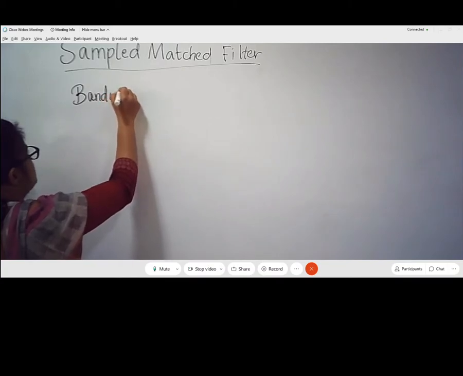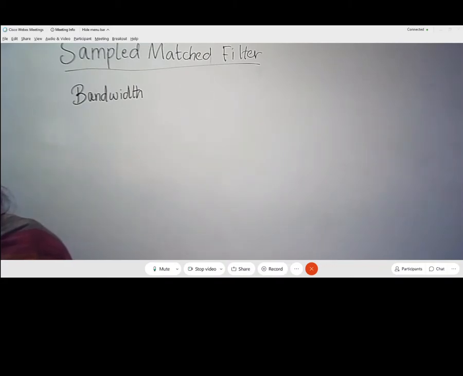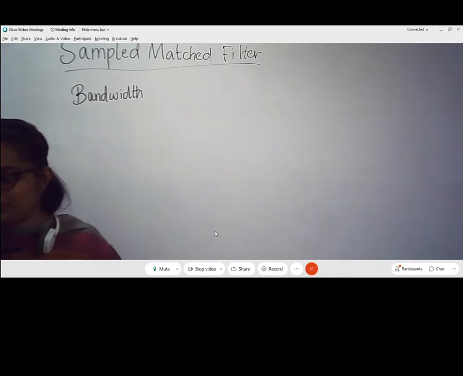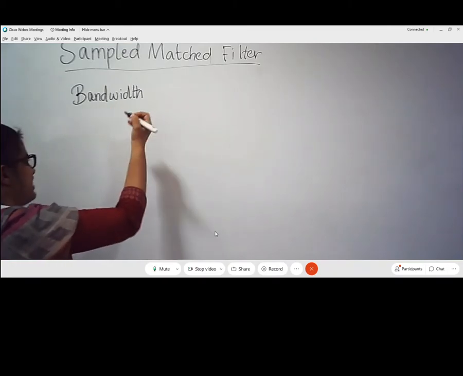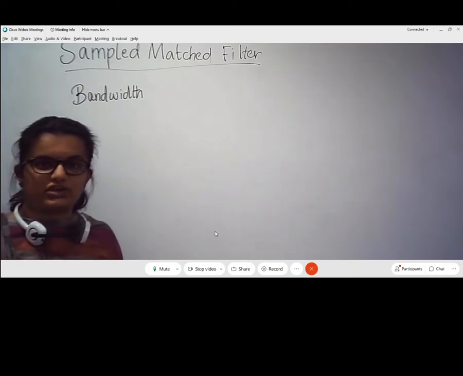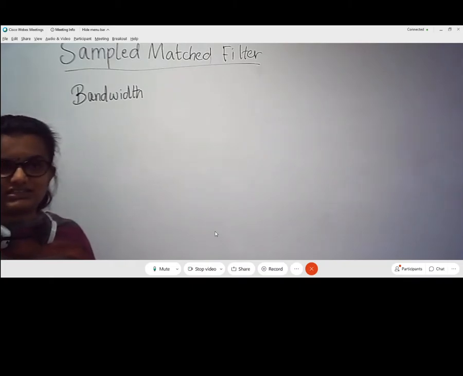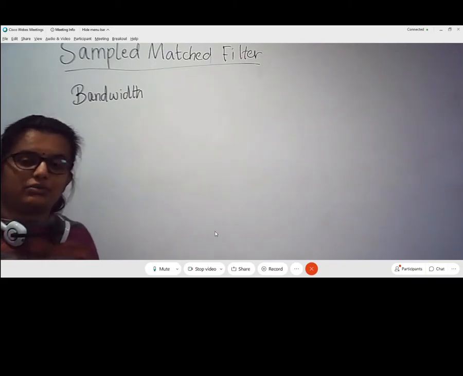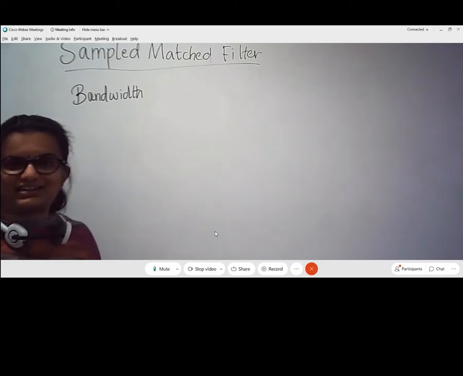It is very important. What if the channel bandwidth is lesser than the signal bandwidth? Then the channel itself will eat away. If the channel bandwidth is lesser than the signal bandwidth, then the channel will not be able to transmit the information reliably to the receiver. So what is the necessity? The basic necessity is that the channel through which I am sending the information should have enough bandwidth, whether equal to or greater than the requirement.